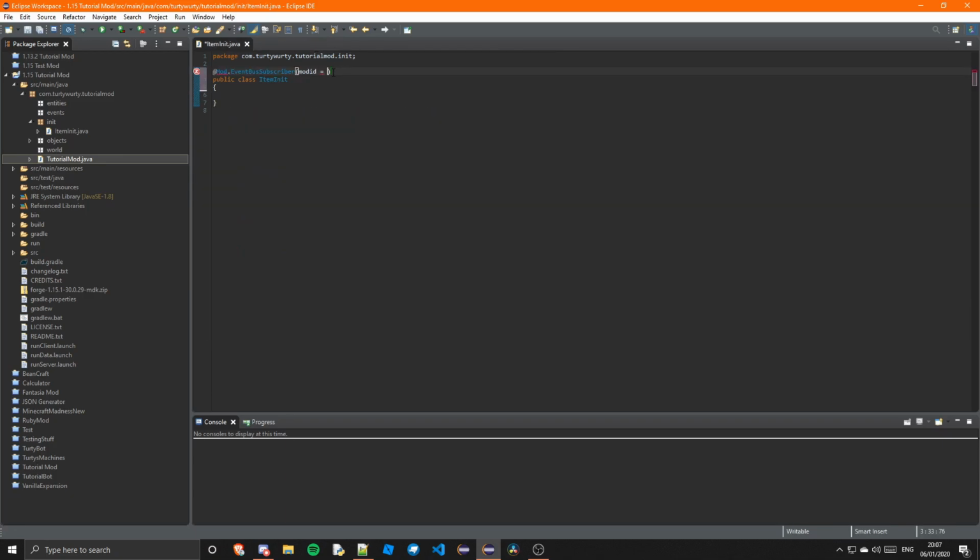So modid we can say is equal to TutorialMod.MOD_ID. Just import @Mod. There we go. And then comma bus is equal to Bus.MOD. So just import Bus. There we go. Now inside of here we are going to do @ObjectHolder. I'm just going to write the code first, and I will explain what I'm doing afterwards. So @ObjectHolder,